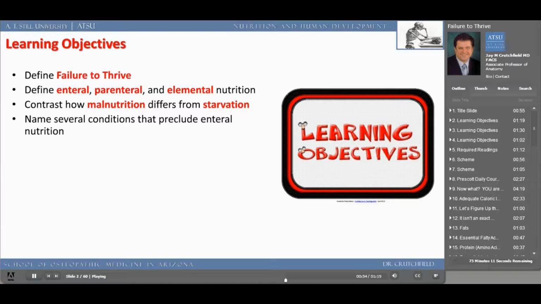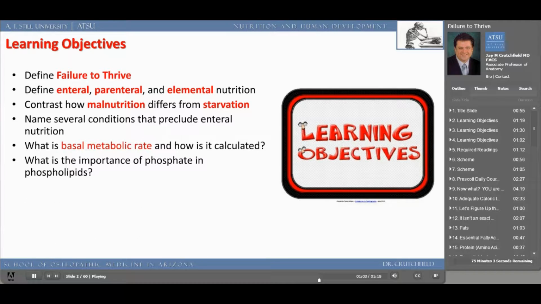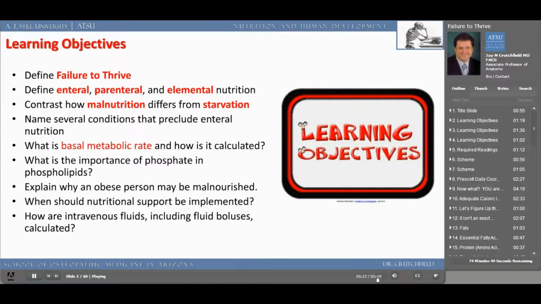What is the basal metabolic rate or the resting metabolic rate, and how is it calculated? What's the importance of phosphate in phospholipids? And explain why a person who's obese can actually be malnourished, or a person that's obese can actually be starving, and vice versa. We'll talk about all of this in this presentation, but we have a few more learning objectives